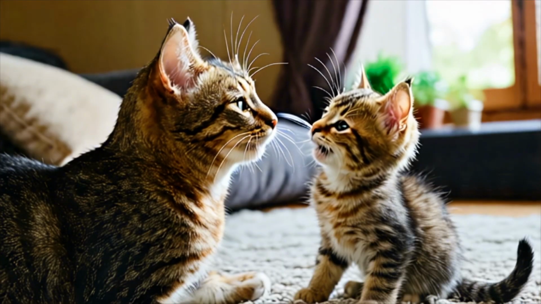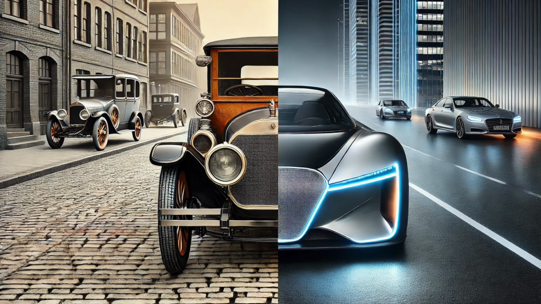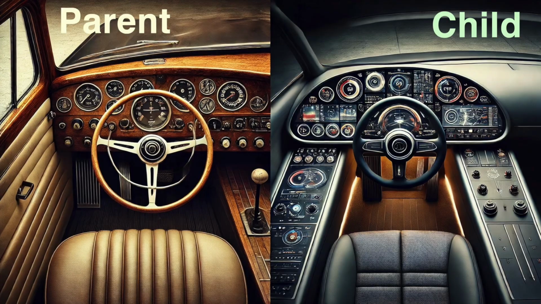Similarly, you can consider this example with a cat, dog, or many mammals, of course. And this is not only for living things, but non-living things also. For example, consider a car, an old vintage car or a new car. In the old car, what features are available? Of course, not many, but those features are still there in the new cars. Plus, there is a lot more intelligence in the new cars. And the same way it will be passed on to the next generation car. So this is the exact concept of inheritance.